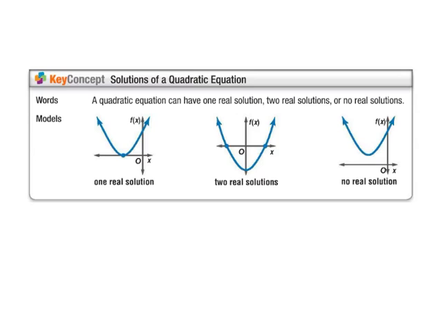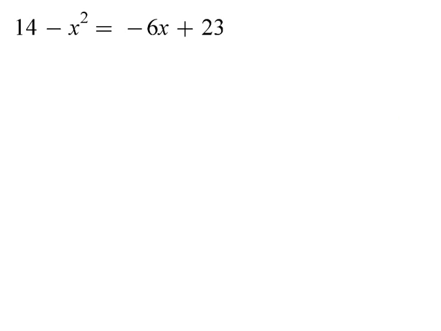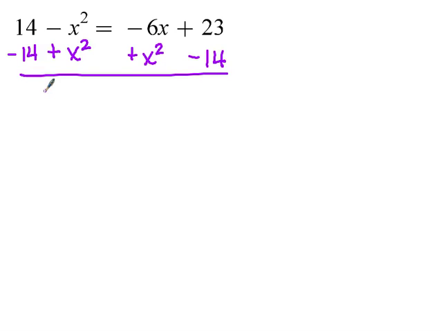So let's go ahead and look at another one. Now this one, if you notice, we need to solve that first. We need to get everything to one side. And it doesn't matter what side you move them to. So what do you want to move? The x squared. Okay, so I can move the x squared over here. I'm also going to move the 14. So on the left side, you have 0. On the right side, I have x squared